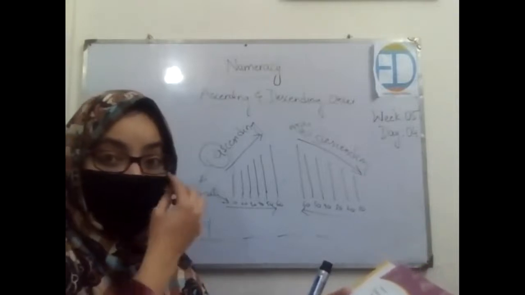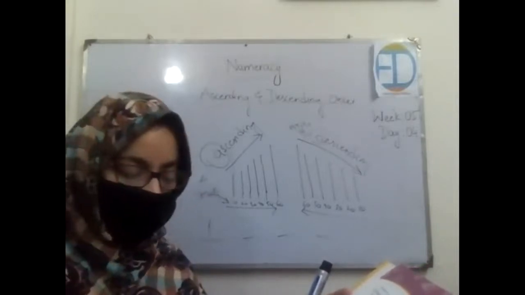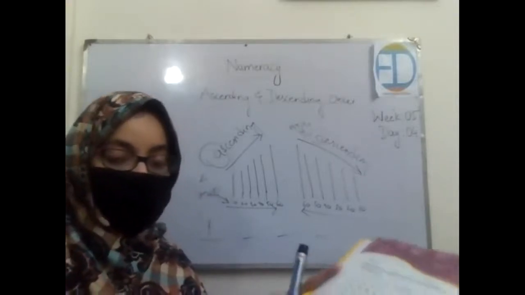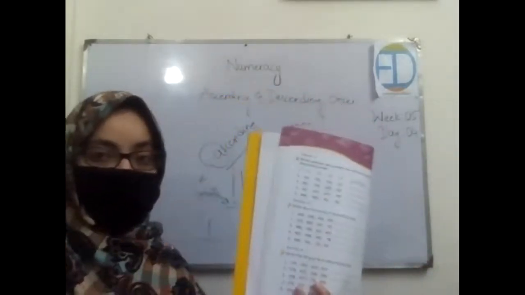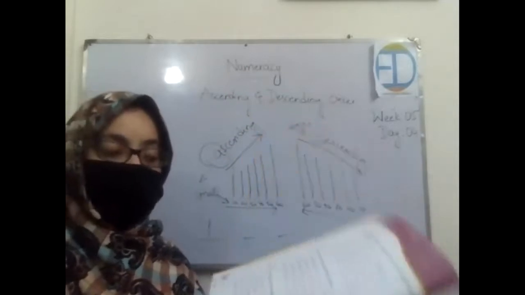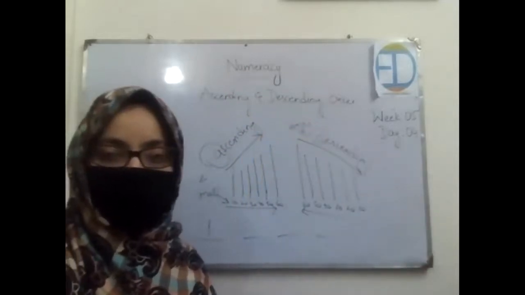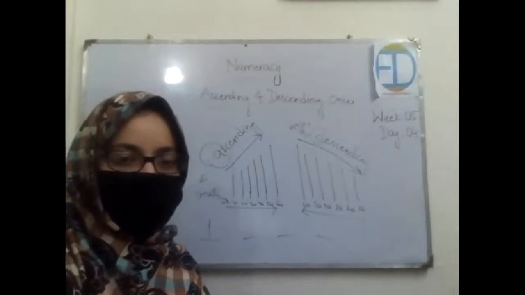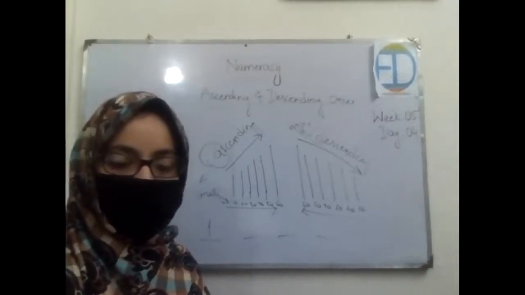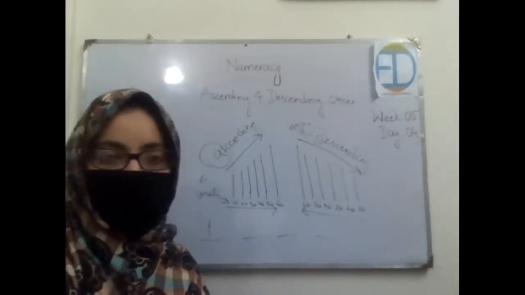Now look at the last one, which is write the following in descending order. Now you are supposed to write this in descending order. What we do is start from the highest number and then move toward the lowest one. Okay, before doing this, let's watch an interesting video related to ascending and descending order. This will reinforce the concept and then we will do the last exercise. Okay, so I'm going to share the screen with you. Do let me know if it is visible to you or not.